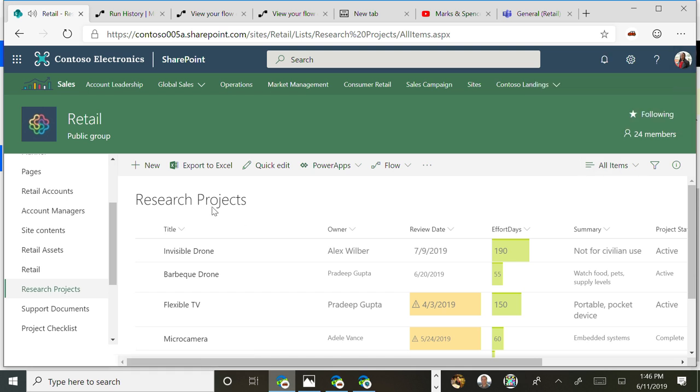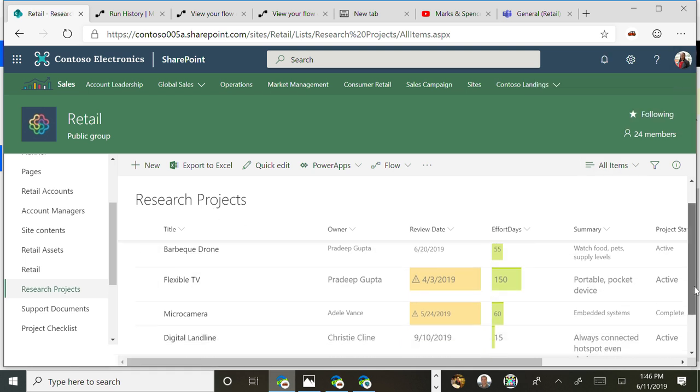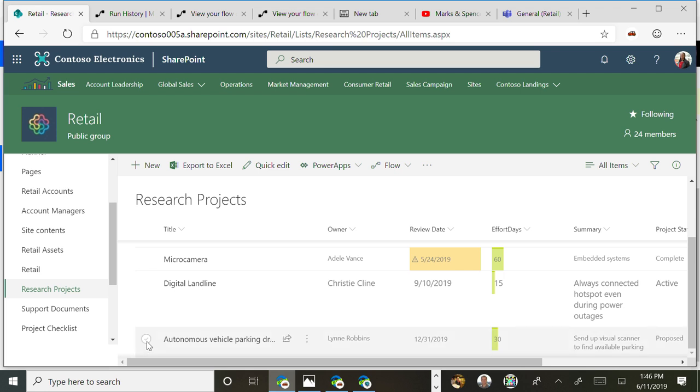Oh, Flow's finally fired. And so one of my research projects down here is the autonomous vehicle parking drone. This is an amazing innovation from Contoso that if I'm looking for a parking place, I can launch a drone from the back of my car that'll fly around and scan and tell me where there's an available parking space. It'll be coming on December 35th of this year, I promise you.